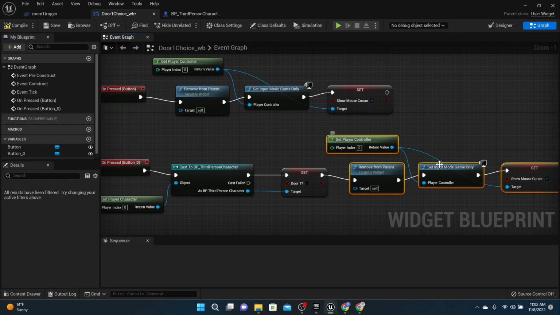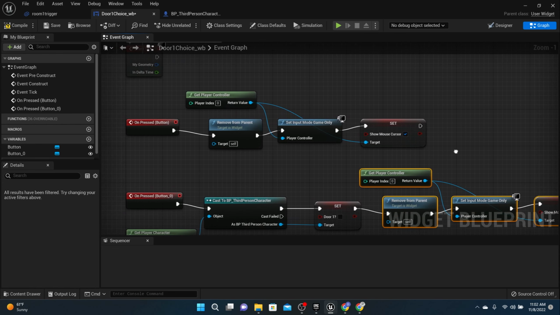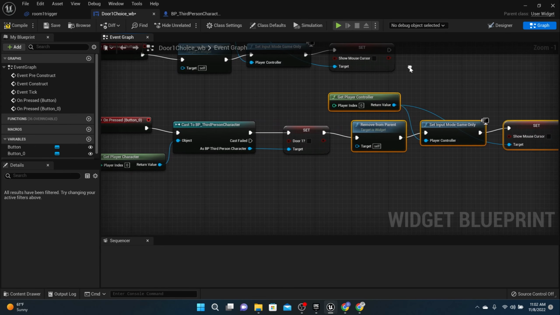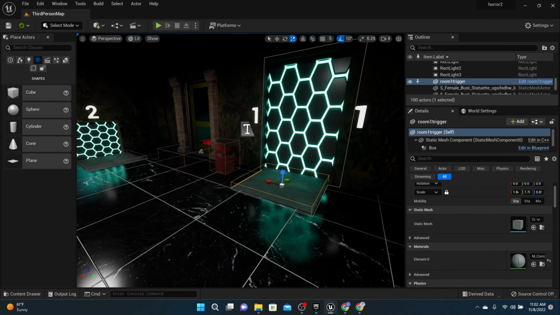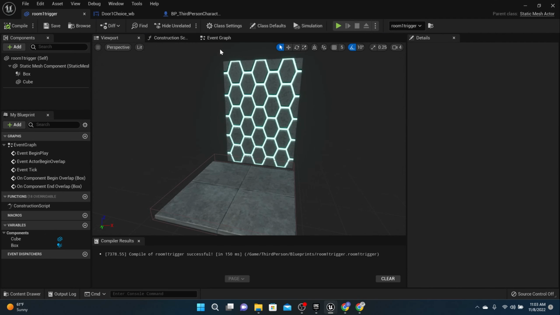because we want the widget to go away. We want the player controller to go back into the game mode, and we want the mouse cursor to go away. So we're going to unclick both of those. Okay, so when they click yes, the third person character's door 1 will be set to yes. Save. Okay. Now that their door 1 is set to yes, so when they walk in here on the room trigger,